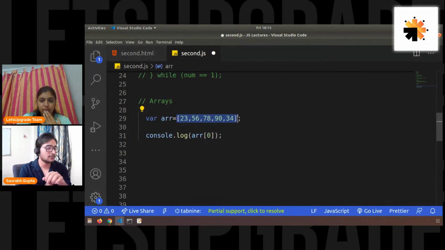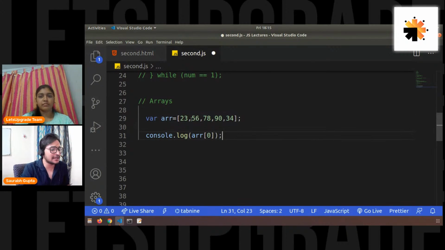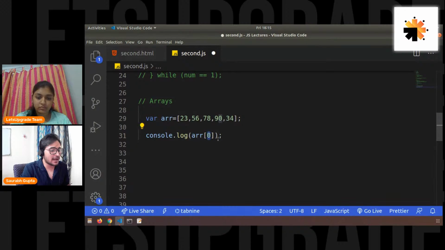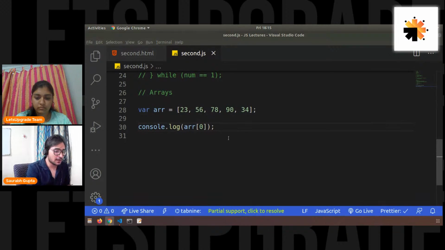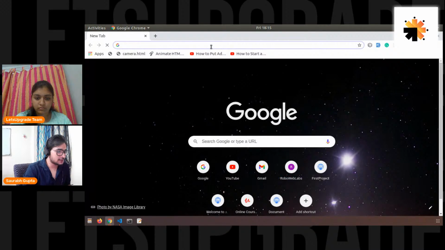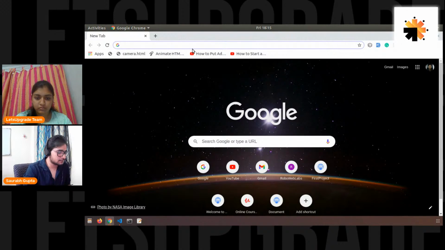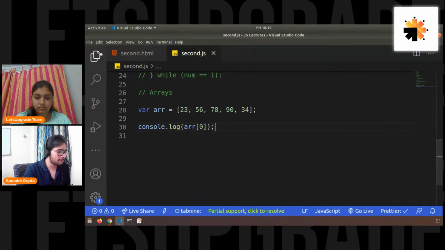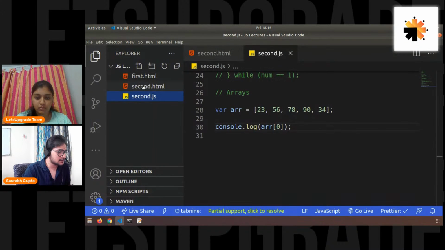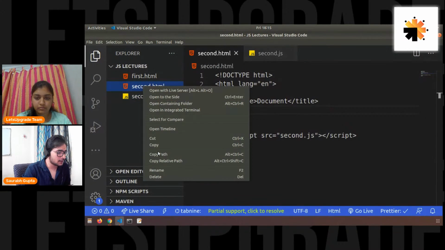Okay, then let's move ahead. Let's see if I'm getting 23. See, I'm accessing the 0th element from ARR. So you can call it like ARR of 0, the 0th element of ARR. ARR is the array. Okay, let's see it. Let me get the browser for you, and let's run it. Oh, I have to copy the path again. So let's go on second.html, copy path,